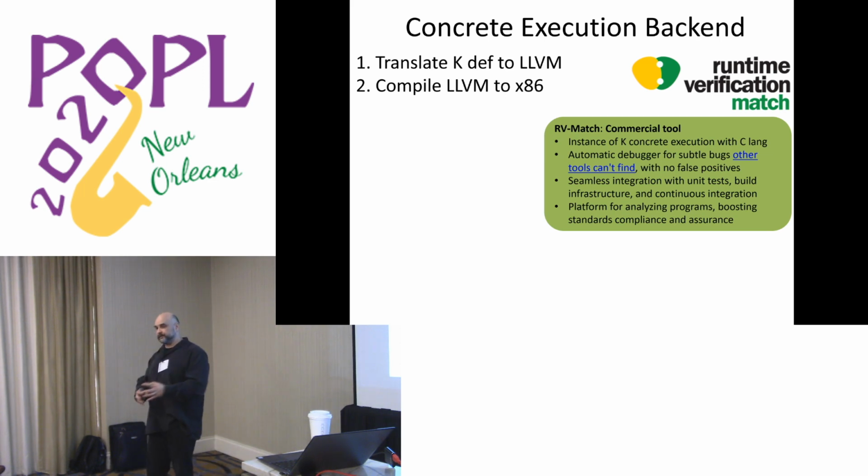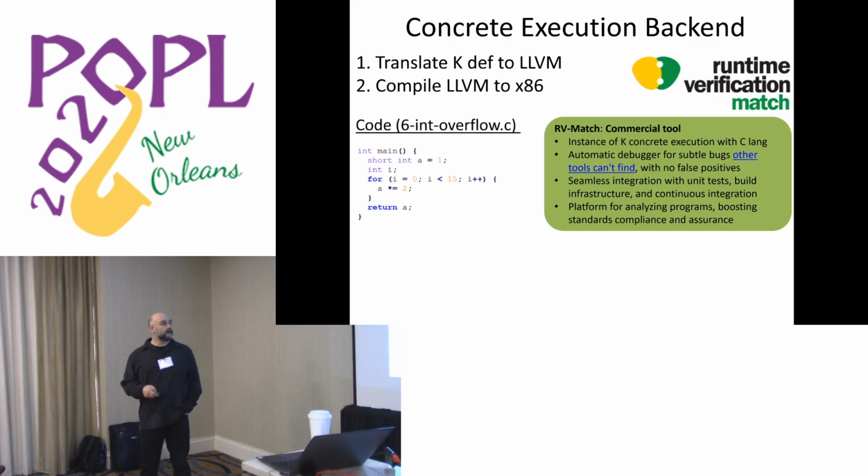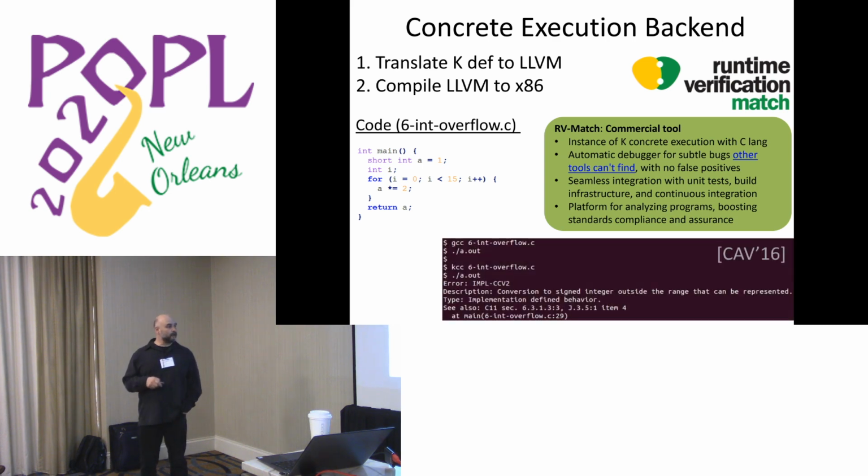So you take C programs and run them with the semantics. It's a dynamic checker based entirely on the semantics of C. It can also be used for symbolic execution, but in the commercial version of the tool, we only use it for dynamic analysis. It's an undefined behavior detector, basically. Because we define completely all the undefined behavior of C in the semantics, now if you take C programs and run them with the semantics, you catch the undefined behavior. So you take programs like this, and normally when you compile them with GCC, you get a binary, run it, and nothing happens. But this program has a problem, and it doesn't matter really what problem it has.